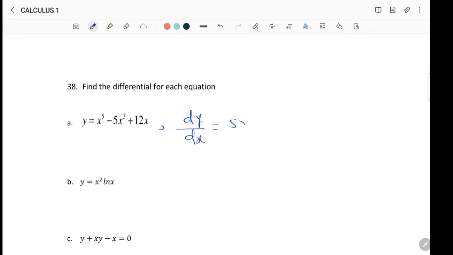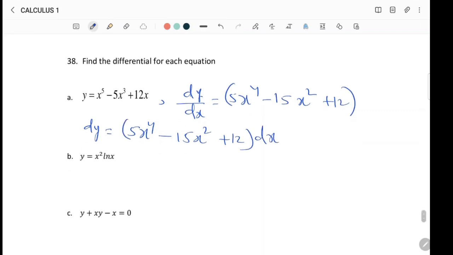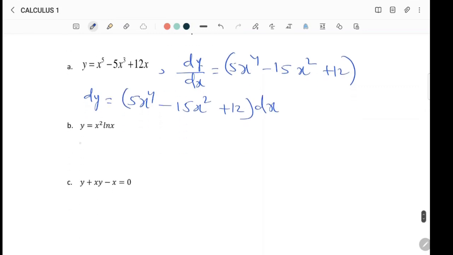dy/dx is 5x^4 minus 15x^2 plus 12, right? 5x^4 minus 15x^2 plus 12. The differential dy is (5x^4 minus 15x^2 plus 12) times dx. Now